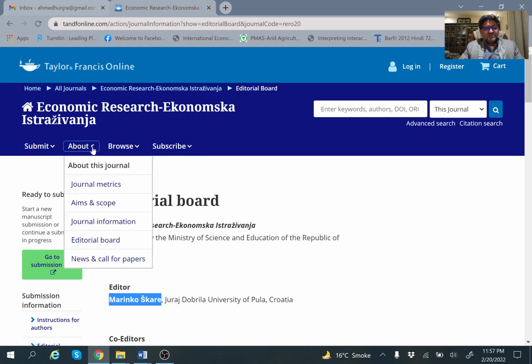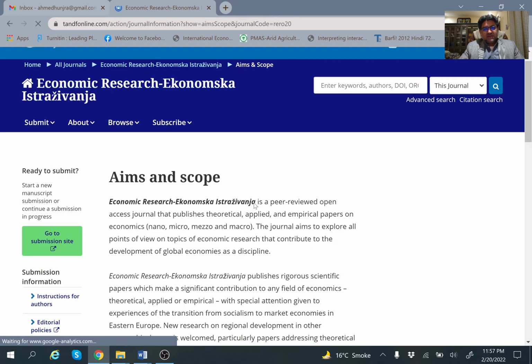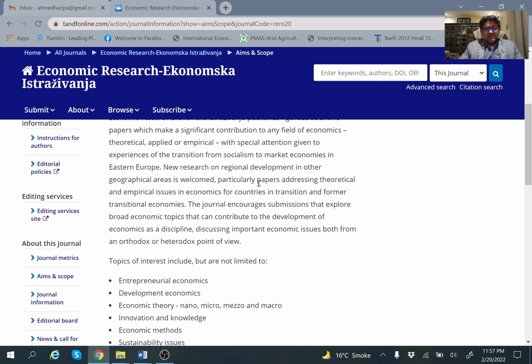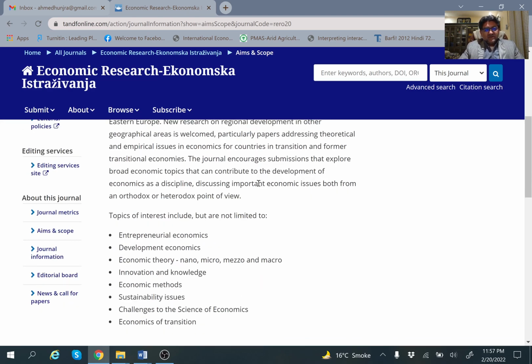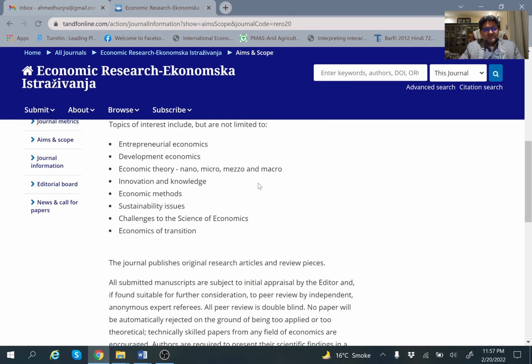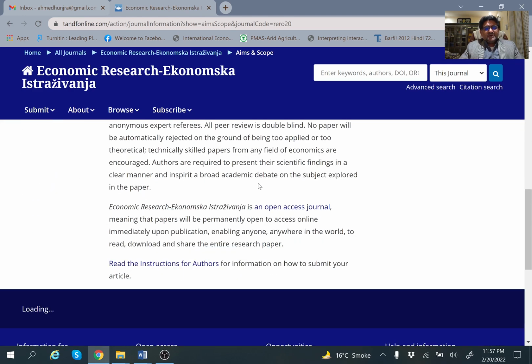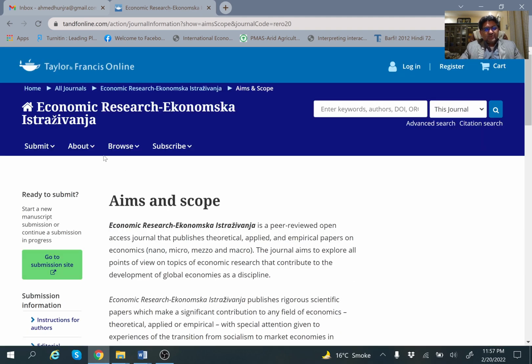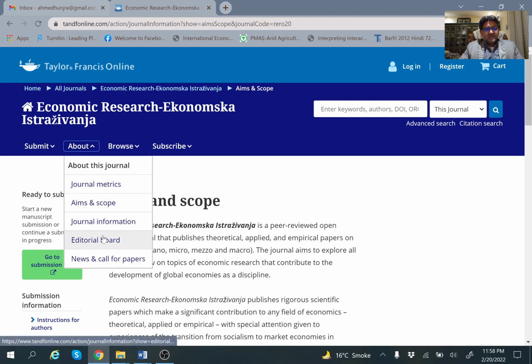If we look at about journal, before going to submit, you have to be very careful. You need to go through the aims and scope of the journal. Here are the aims and scope, that is, what the journal is looking for, what the major topics are, which are the hot areas of the journal. Once your paper meets the aim and scope, then you have to look at the journal information,